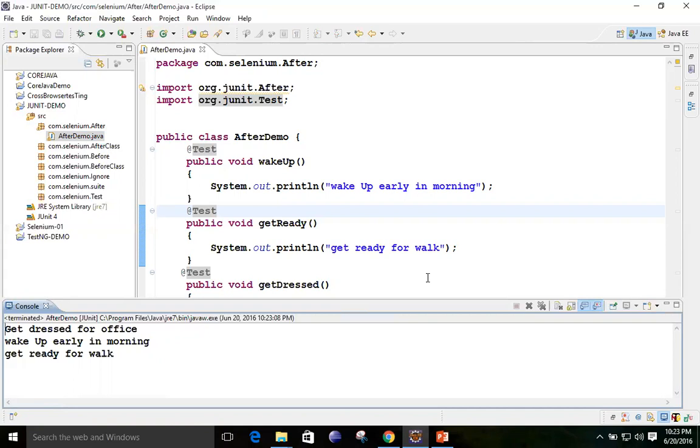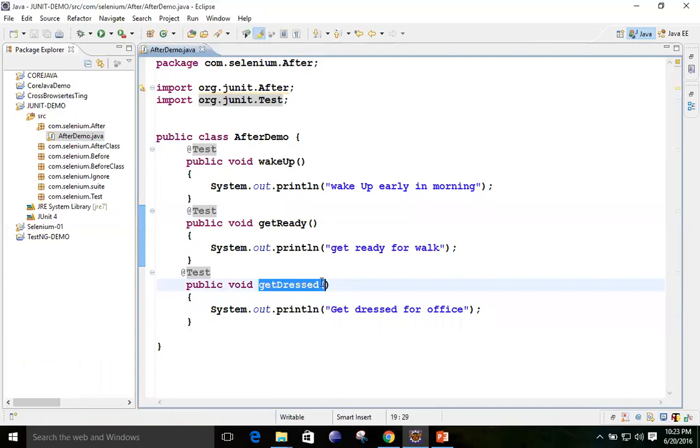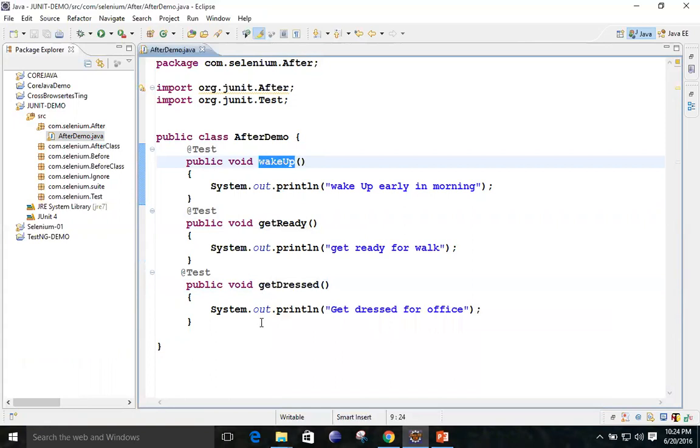No. Automatically, it takes the help of the method names and tries to sort based on them. For alphabetical or dictionary sorting, you can see get appears two times, so it has to decide whether getReady or getDressed comes first. Getdressed, then getReady, then wakeUp.